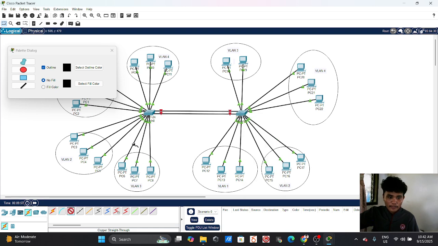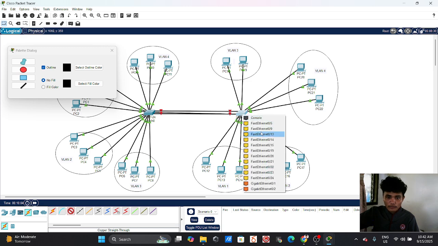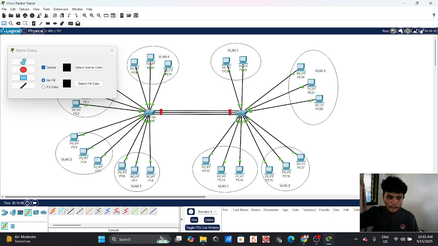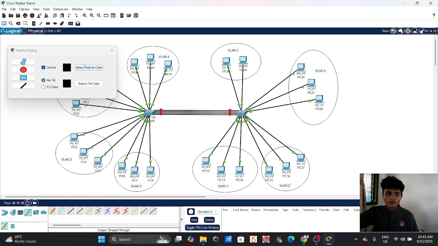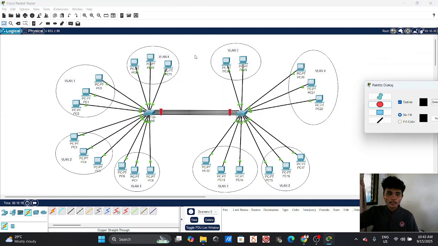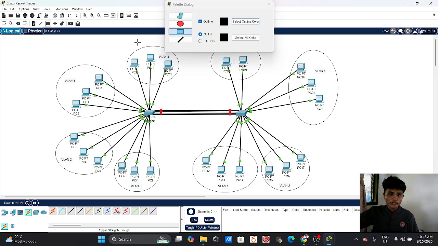And then VLAN 3 is for 11 to 15, so we will connect this in 15, and then switch 2 also 15. And then VLAN 4 is 16 to 20, so we will connect this in 20, and then switch 2, 20.